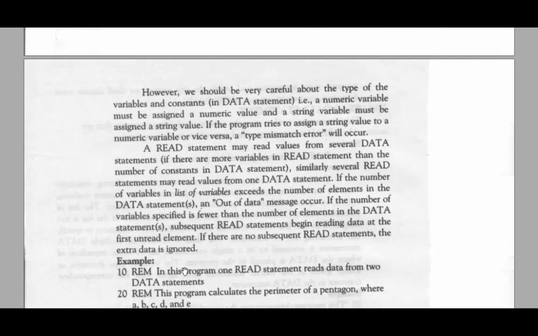Now you have used two data commands, in which we need 6 total values for a read command, and you have given 3 in one and then 3 in the next. You should remember that you have to understand the sequence in which the read command is reading the values from data. 90 and run, perimeter is equal to 107. Now you have understood what the read command and data command are, what their function is and how they are working.